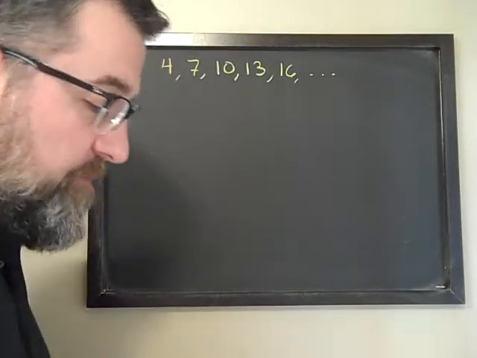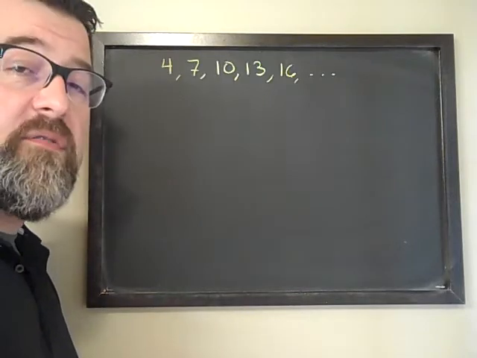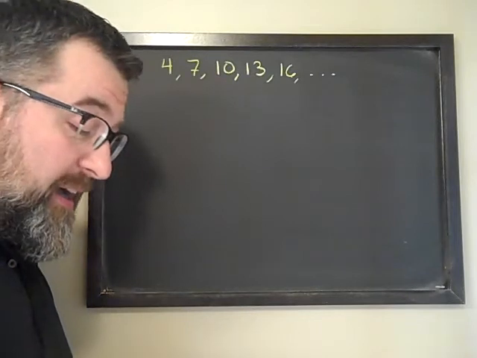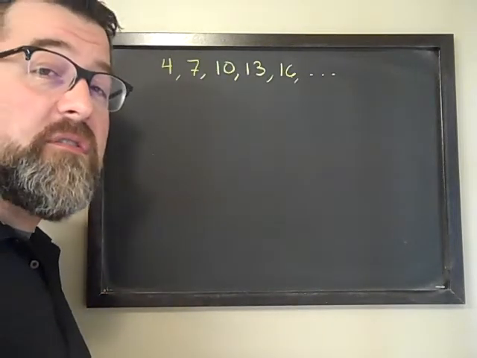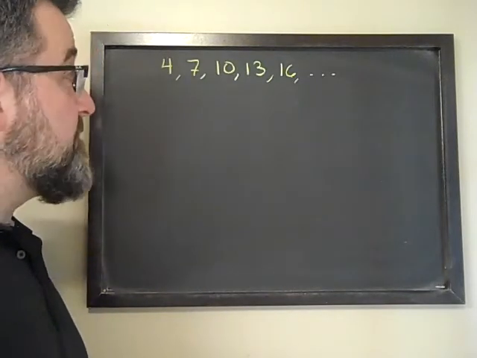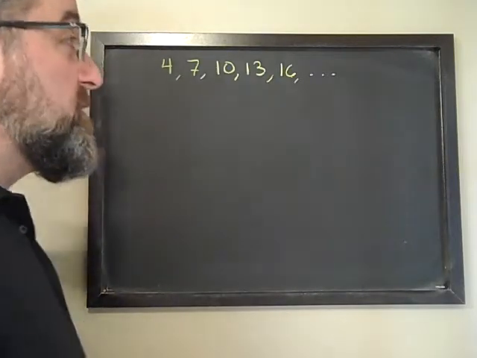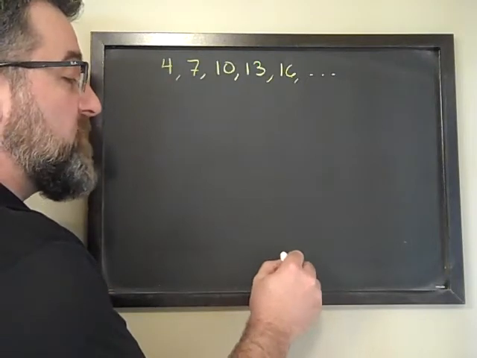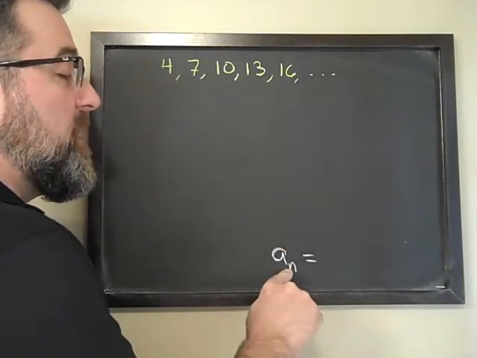Okay, now we move to the part on arithmetic sequences where we are asked to write a function for the sequence, which is just, if you're asked to write a function, you're basically being asked to write an equation. So I want an equation that produces this sequence. So ultimately, what I'm looking for at the end, I'm looking for something that says a sub n equals,